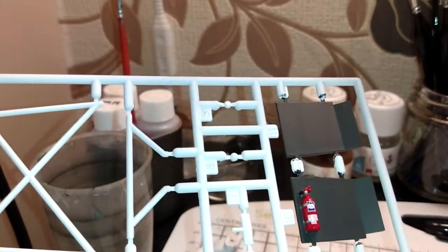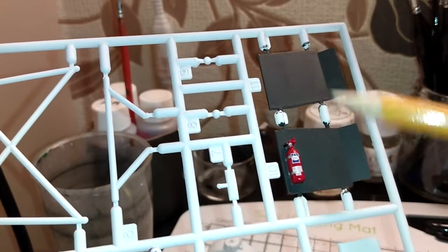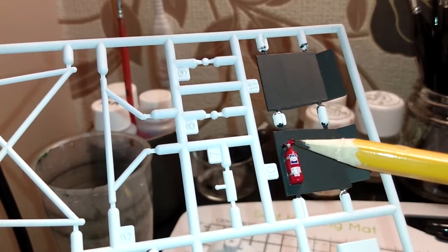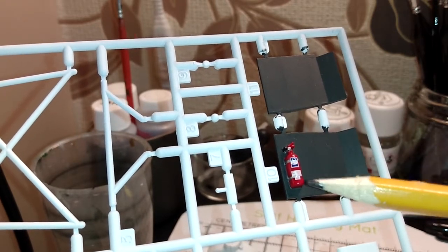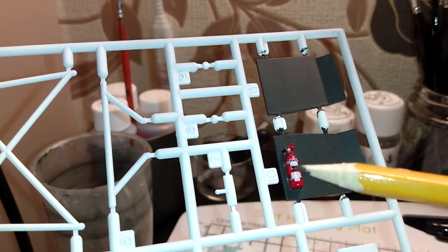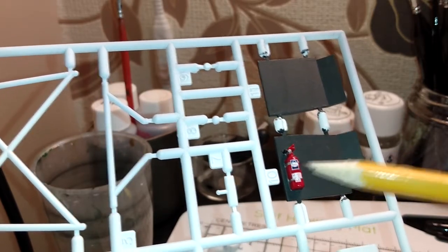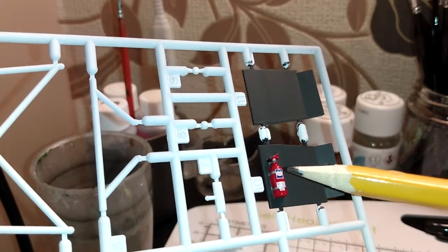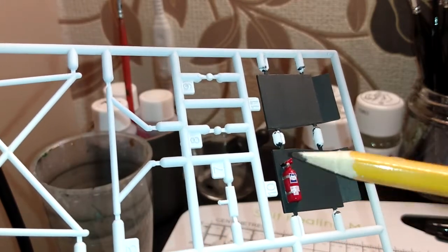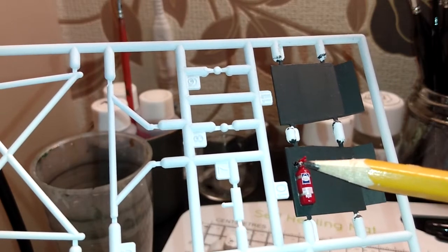Then you've got the footwells, which are R10 and R11 respectively. Painted those in the anthracite. You've got the R10, which has the fire extinguisher built in, so I've painted that in red with silver for the straps. Decals put on as well. That took a while to curl round, but about 3 applications of the Microsol later, it's finally sucked in. Once that had dried, I just sealed it with a clear gloss. You've got red for the handle, silver for the actual